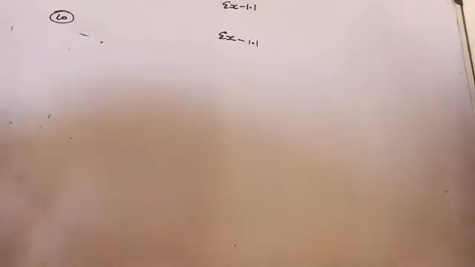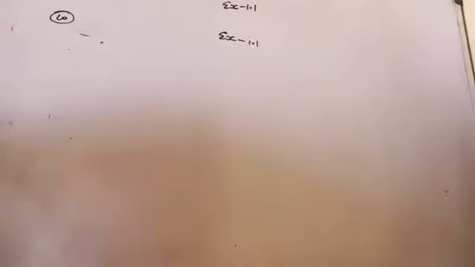This is the last question in this exercise. Question number 10. A water tank has steps inside it. A monkey is sitting on the topmost step, that is the first step. The water level is at the ninth step. He jumps 3 steps down and then jumps back 2 steps up. In how many jumps will he reach the water level? First, what is the monkey doing? Yes, he jumps 3 steps down and then jumps back 2 steps up.